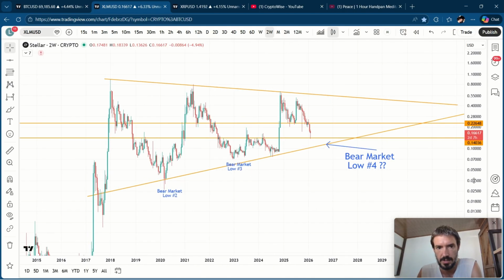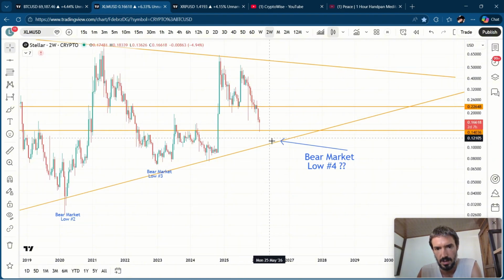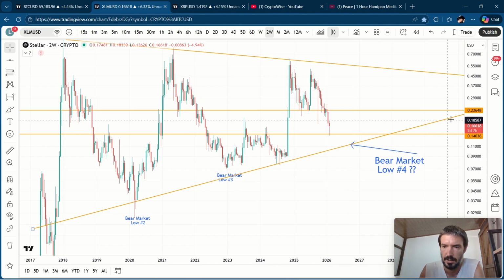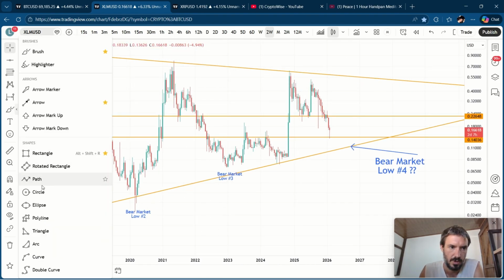Okay, so getting back to this, pretty obvious triangle formation. So just by that, it gives me a lot of confidence that we're going to see these lows get tapped. It's more about timing than anything. So because we have a repeated pattern, we can actually use